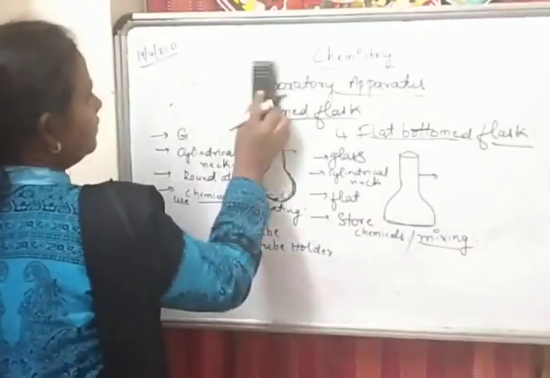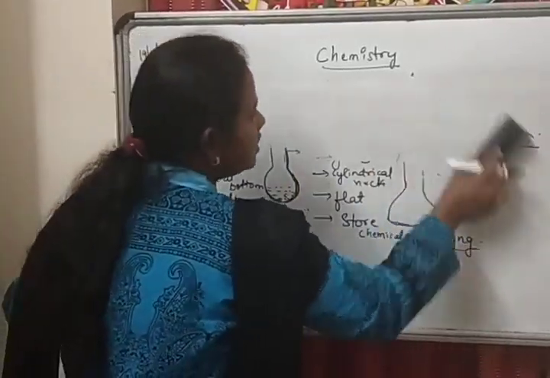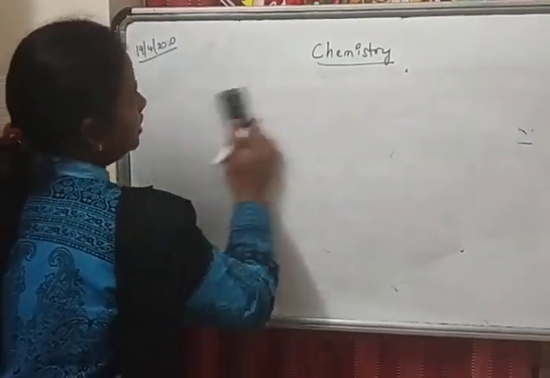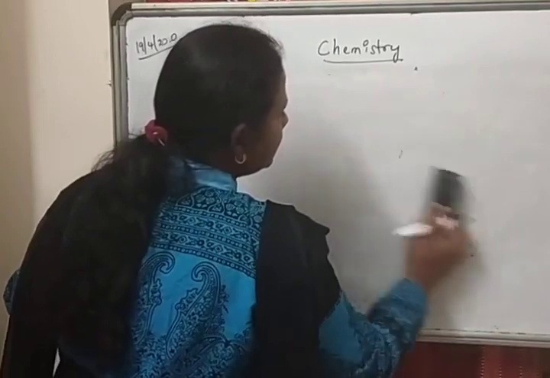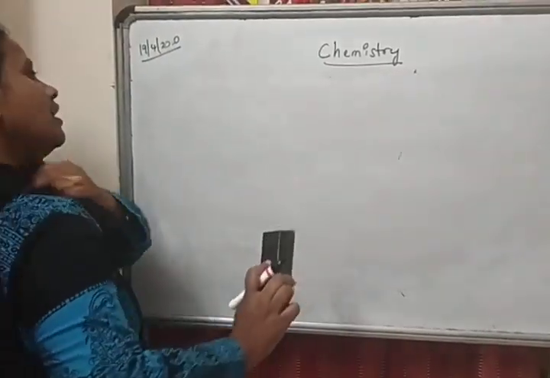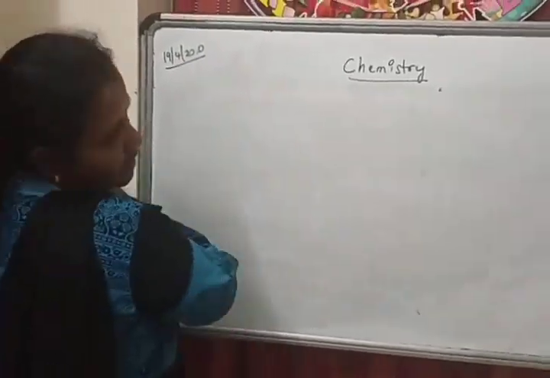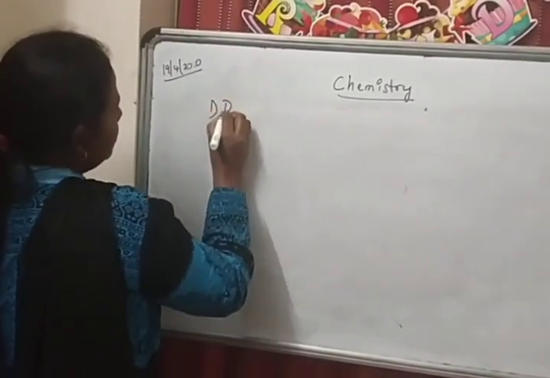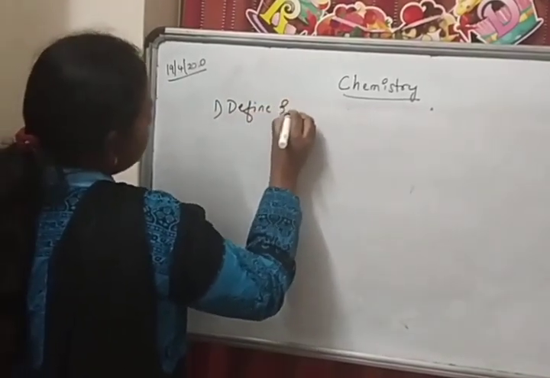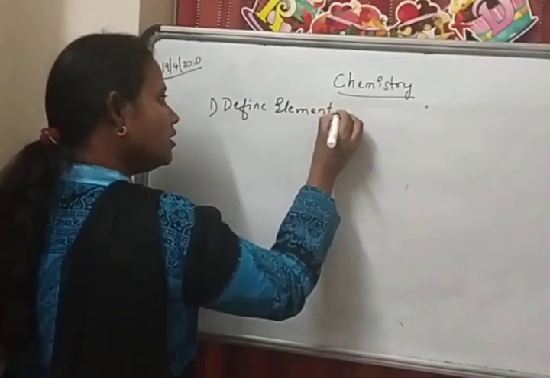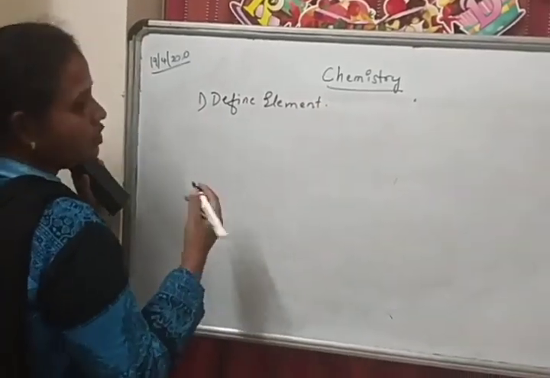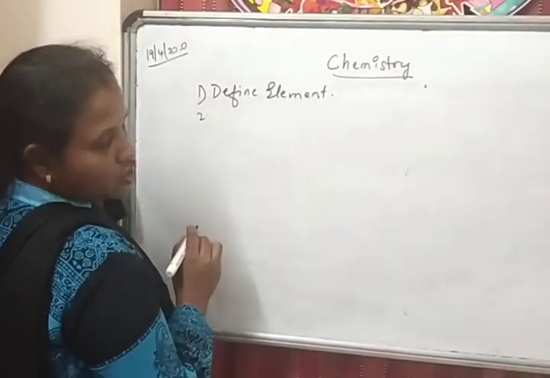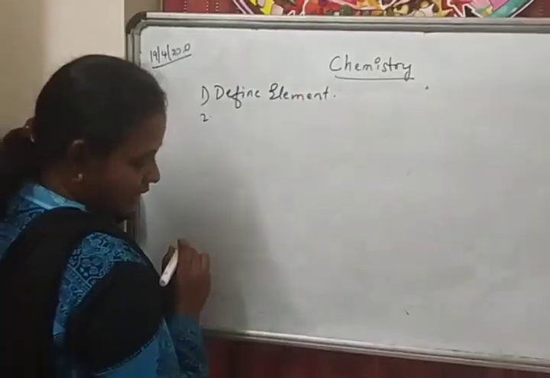Now, we will discuss the last session's assignment. What were the questions I gave in the last assignment, children, regarding the elements, the table and the atomic number? Do you remember the questions? First question was define element and classify. This is a direct answer. You can classify the elements as normal elements and radioactive elements.